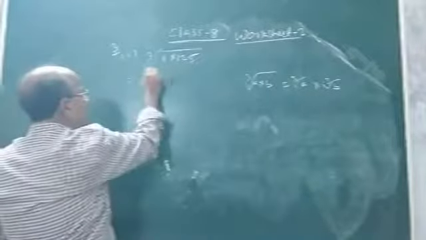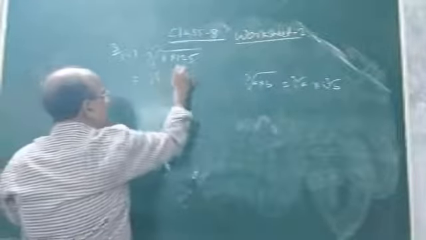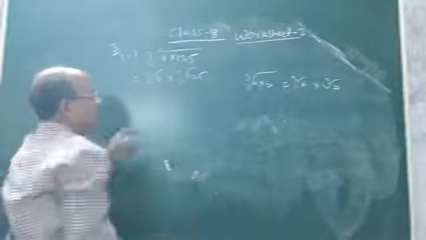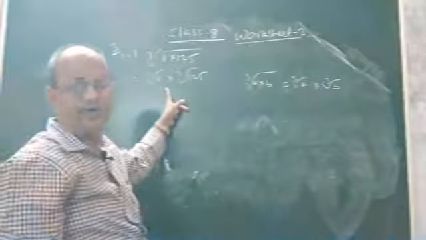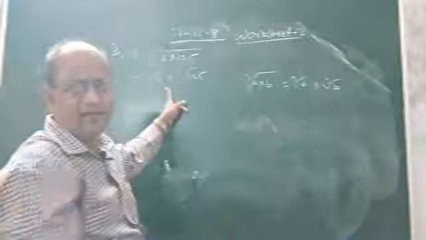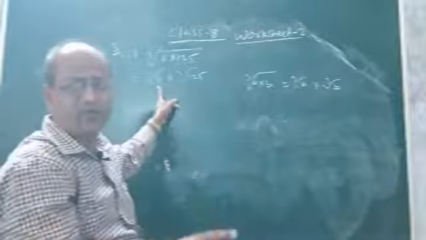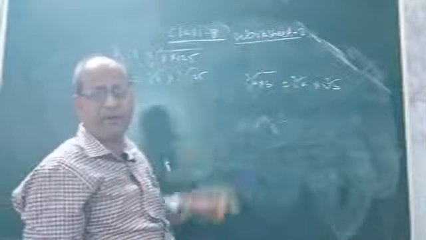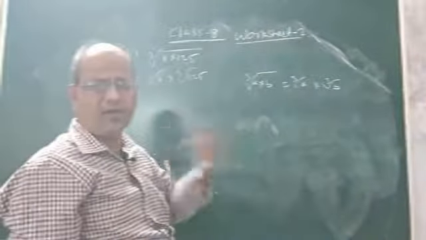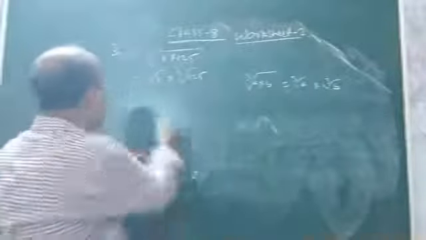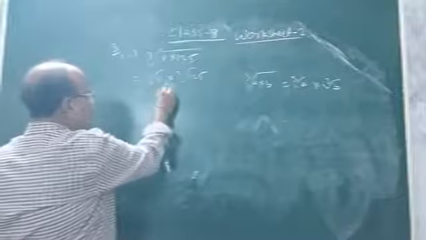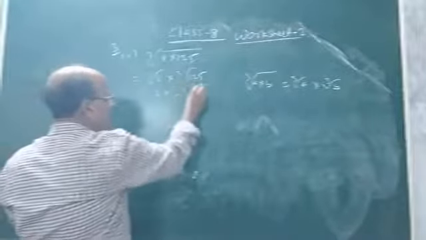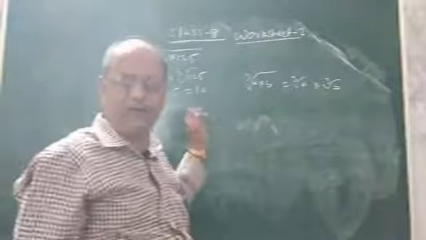Let us apply this formula here. So it will be cube root of 8 into cube root of 125. You know what is the cube root of 8? It is 2, because 2 multiplied 3 times, the cube of 2, is 8. Similarly, the cube root of 125 will be 5, because the cube of 5 is 125. In its place you write 2, in its place you write 5, and you multiply. The evaluated value will be 10.